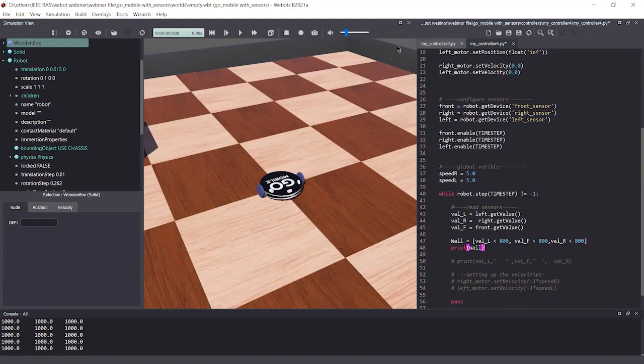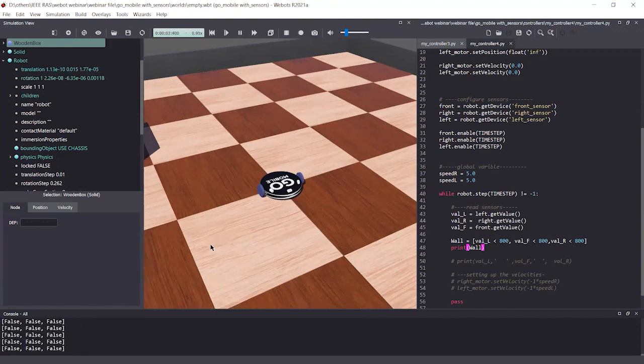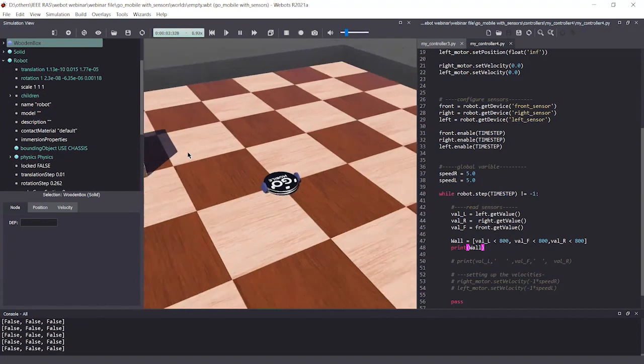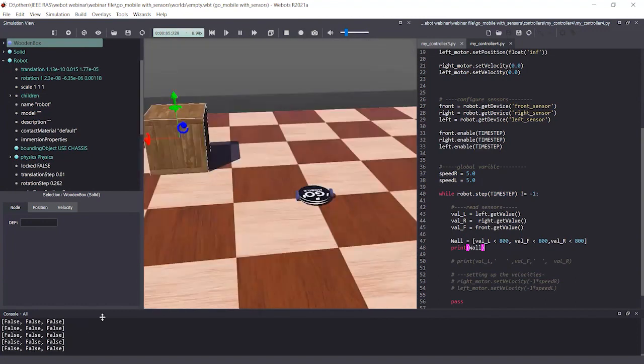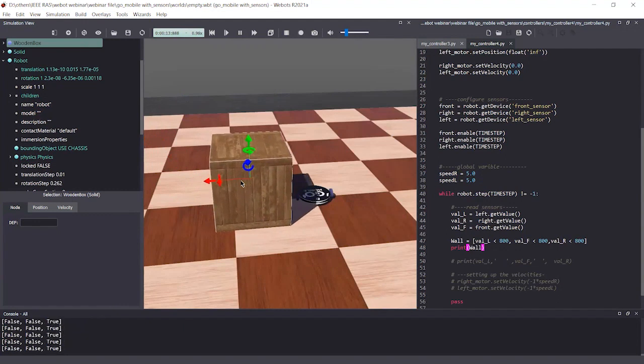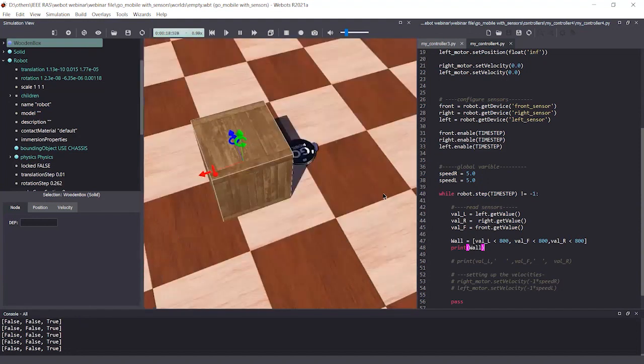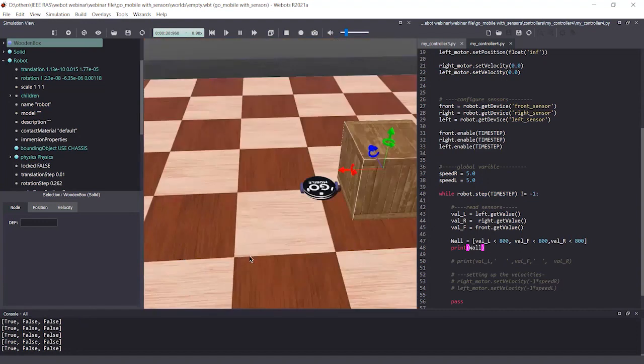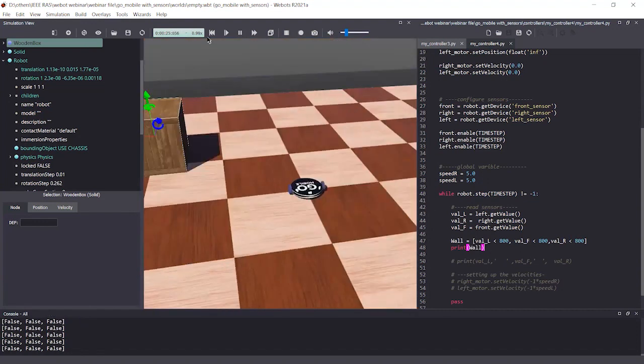Let's see. Now you can see, again I'm going to get this. Now it is false because no sensor can feel any wall, so it's saying false. Now the right sensor can feel a wall. It is true. If I do the left sensor, true, and front, true. So this is how we model a practical environment into a mathematical model.